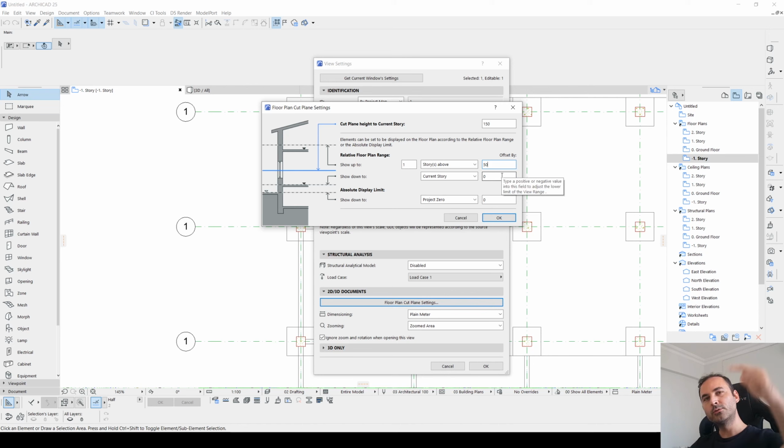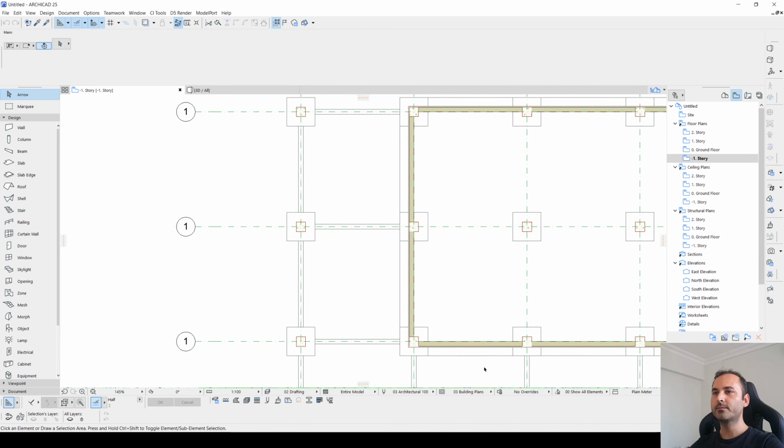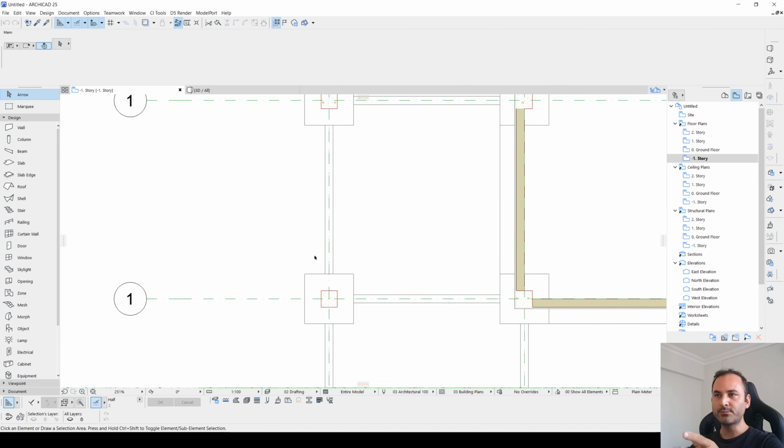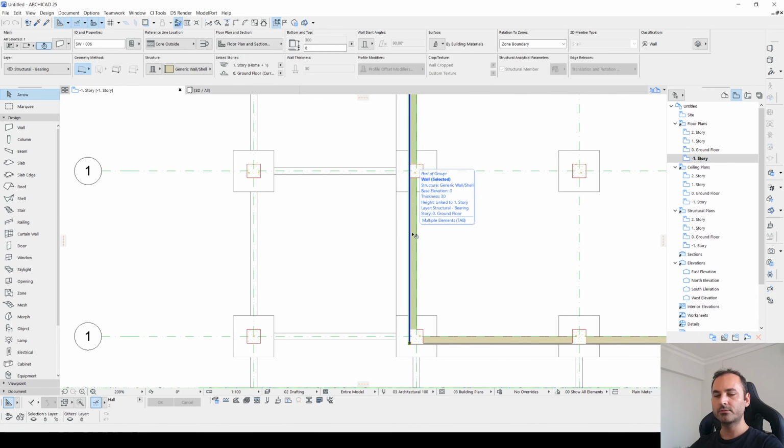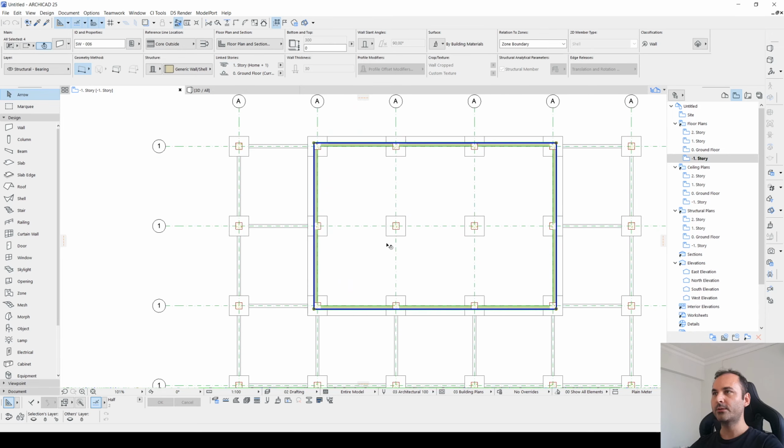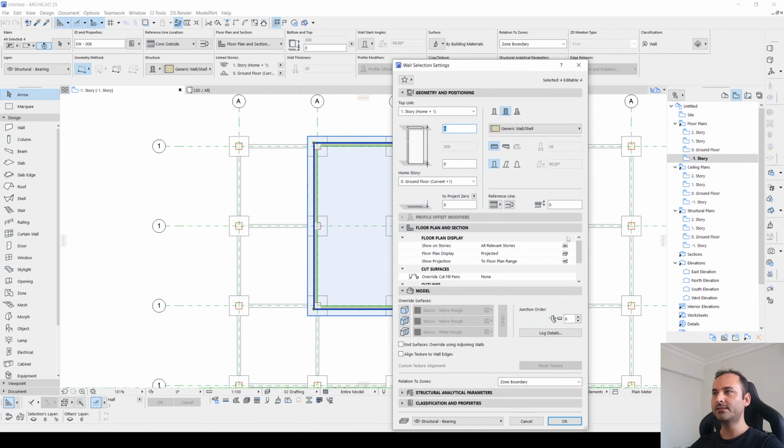So we are going to look from upside. Let's click OK. Now this part is looking correct, but we don't want to see our walls. Fix it. We are going to select walls, and in the settings, we are going to select home story only. I don't want to see them in this story.